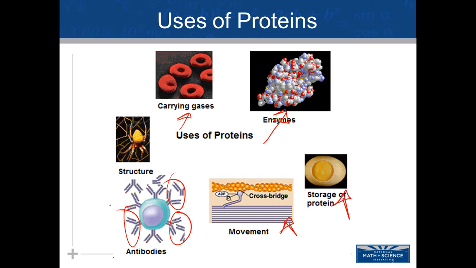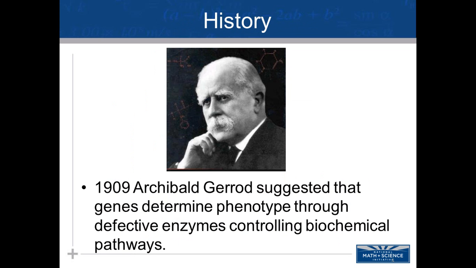fight off invading diseases. And what you're looking at right there is the silk produced by a spider. That's a structural protein. You also have structural proteins in your hair and nails, and there are structural proteins in the feathers of birds and the scales of fish and reptiles. And so let's look at the history of